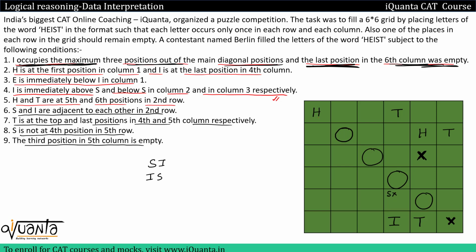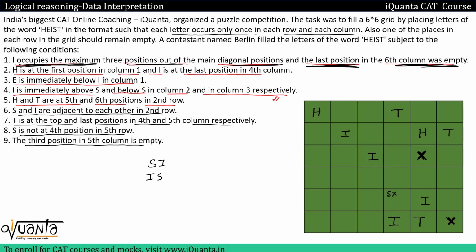Okay, so we can see that in this particular column I is already present, and we were told that each letter occurs only once in each row and each column. So we cannot put I over here. So that means for I, 3 I's, we have only 3 places, 1 2 3. So we'll put 1 I over here, 1 over here, and 1 over here. I hope this is understood.